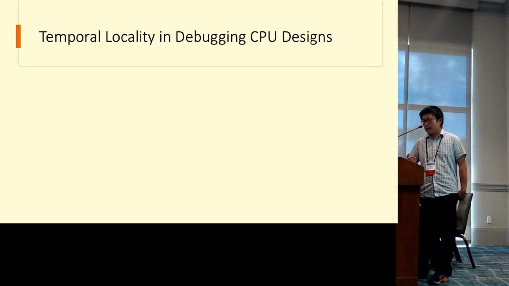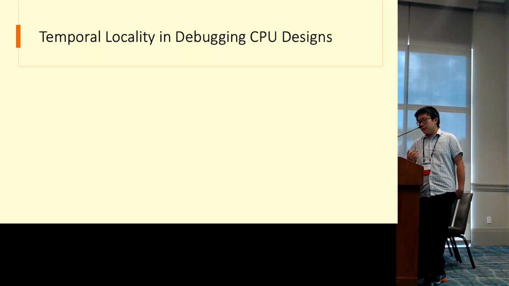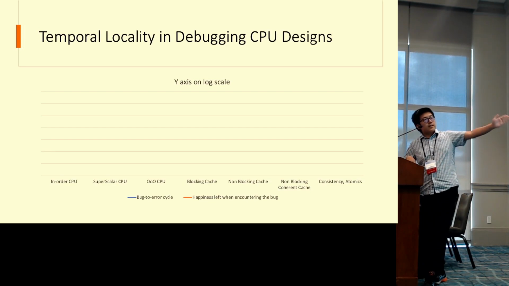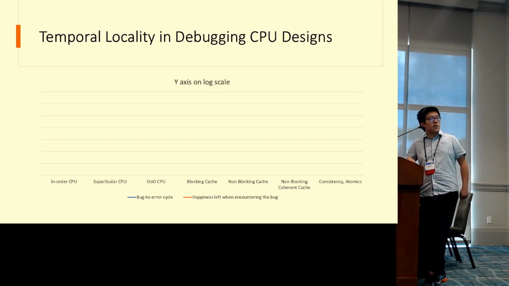And here we characterize the bugs you would run into when you're designing a new CPU and bringing it up on FPGA prototyping platforms. First, the y-axis is on a log scale. You have different kinds of bugs that would manifest in different parts of your CPU design. You have bugs that would manifest in your CPU pipelines. For example, you may execute one more or one less instruction because your branch mispredict signal was mishandled. And you can have bugs in the cache, and